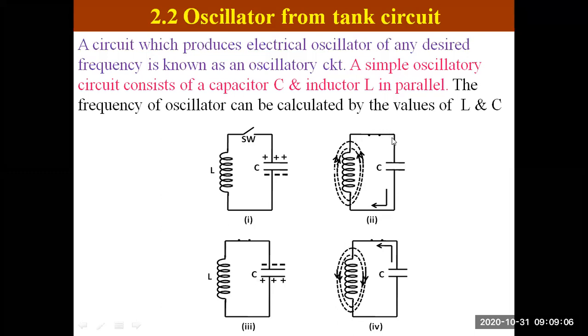And here we have to say that in this way, once this magnetostatic field collapses, then again, as there is a change in the magnetic flux, EMF is induced in this coil. Therefore, this capacitor is again charged with this polarity. That means the upper plate has negative polarity and the lower plate has positive polarity,